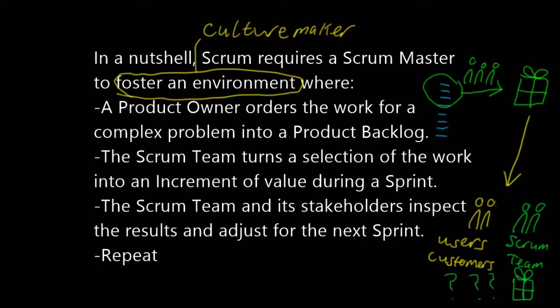So it's not just the product owner signing off on what the developers made at the sprint review, but it's the Scrum team and the stakeholders collaborating together, inspecting the results, not just a demo, but a collaborative discussion, so that the team can adjust what they're doing, so that they can remember, they can learn, and that they can come up with an adaptive solution